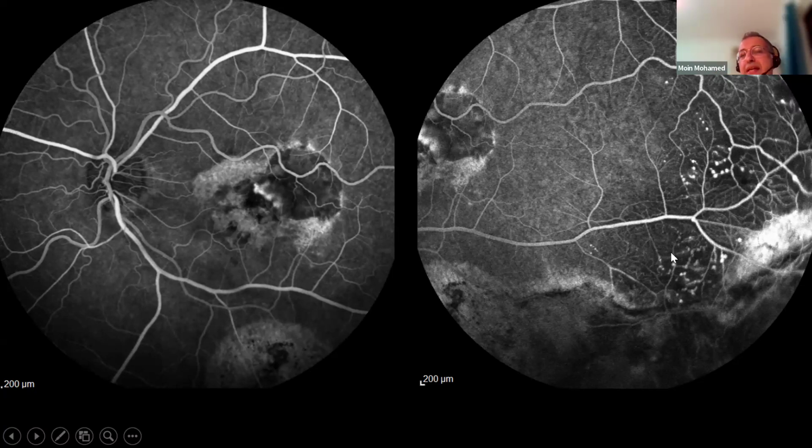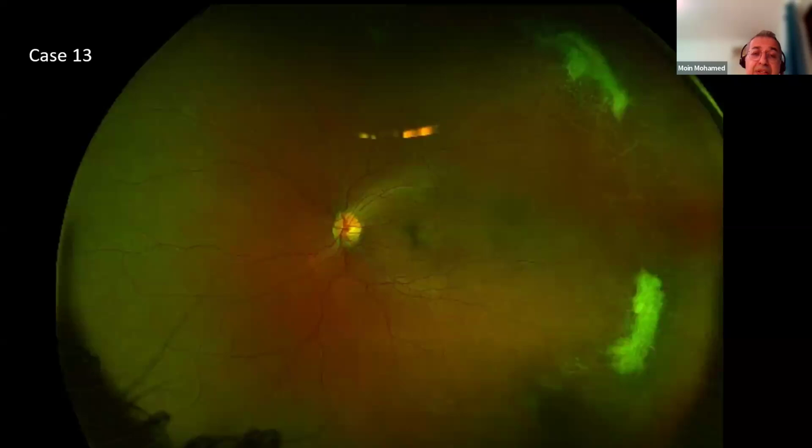And again, it's the same appearance: you get this filigree pattern, you get non-perfusion, you get these little light bulbs. So when we laser, we just target these. What happens through life is that different crops will keep appearing. We see these patients every 6 months. When I see microaneurysms, I just zap them. And in the long term, they stay stable. More often than not, by the time they hit their 20s, we end up on average lasering people every 18 months, every 2 years, very infrequently. And we keep the